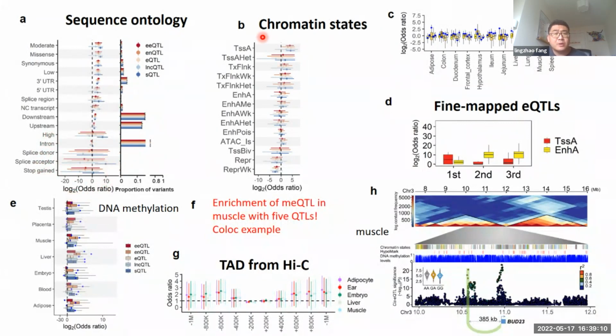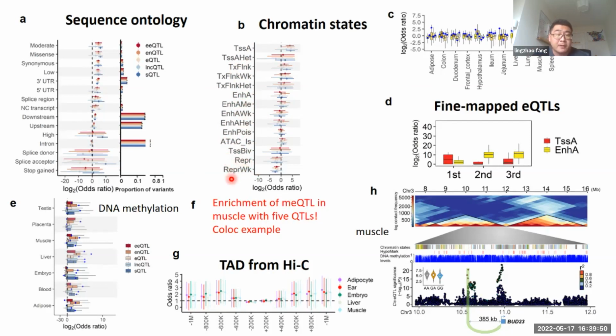In the next step, we start to look at the chromatin states. The chromatin states were predicted from combinations of epigenetic marks. So we predict promoter regions or regions quite close to the TSS, and also different kinds of enhancer regions, like strong enhancer, weak enhancer, or medium enhancer, or some poised enhancer, or we predict the